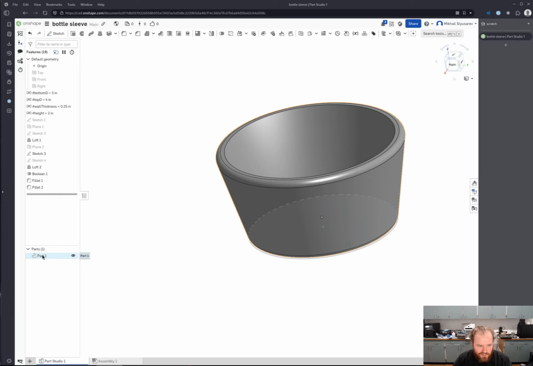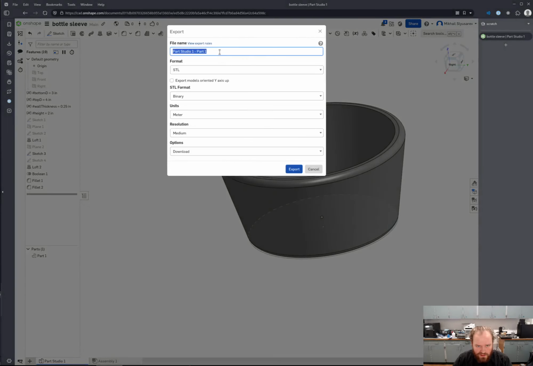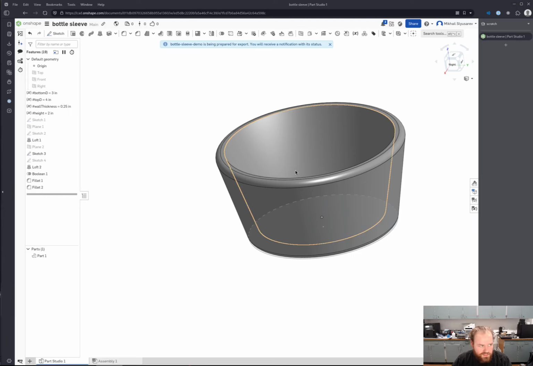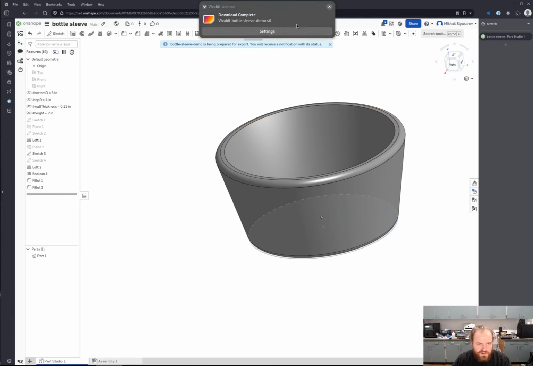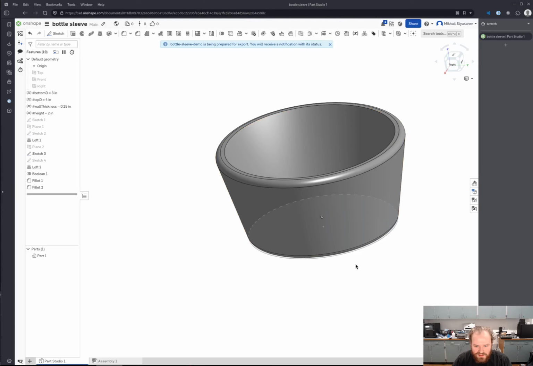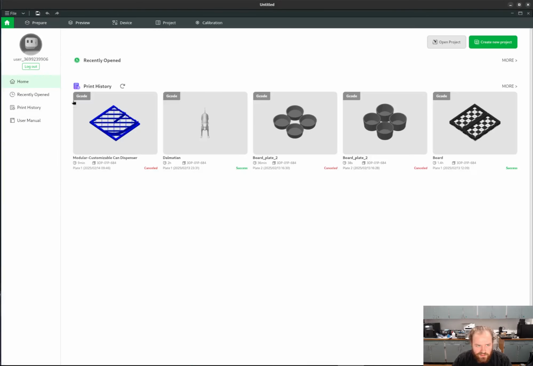Then what we'll do is select the part in here and export it, and we'll call it the model sleeve demo. Export. It downloads it as an STL file, and that's a special file format for 3D objects. Then in the slicer software,